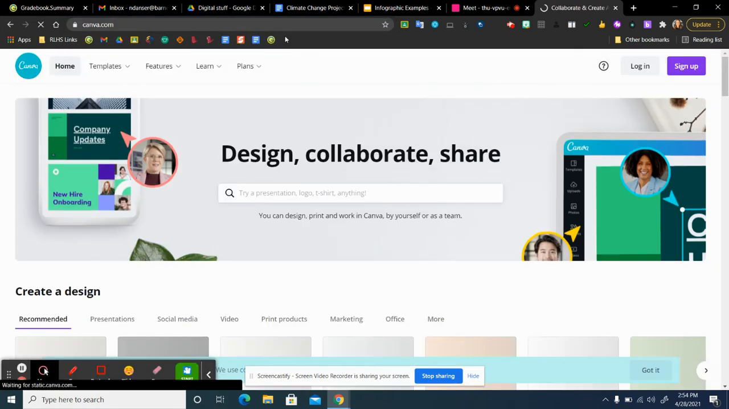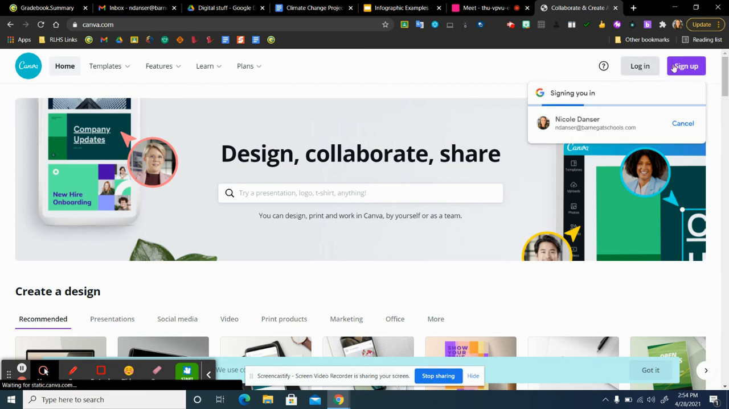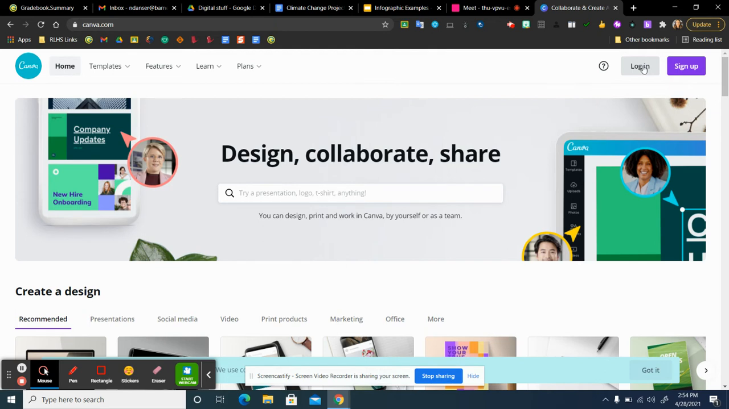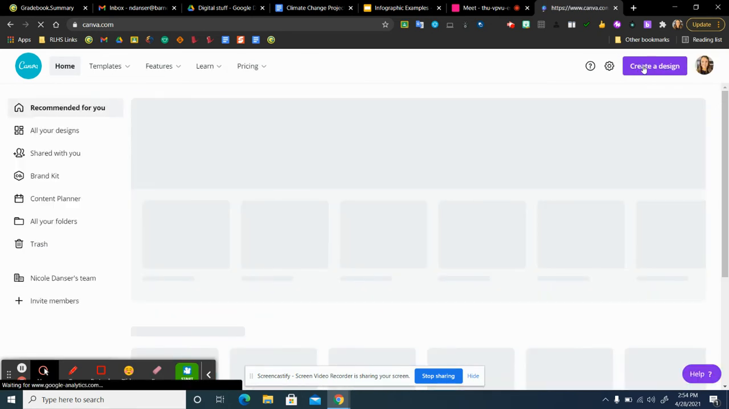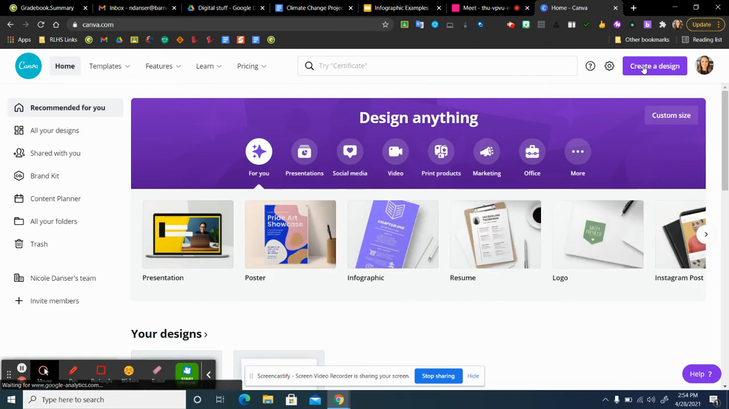So canva.com, you're going to sign in. It's going to sign me in automatically. All right, so this is the screen you get once you sign in. You can click Create Design. My suggestion is to click on infographics so you know that's the templates that they're giving you to choose from. So click on infographic,